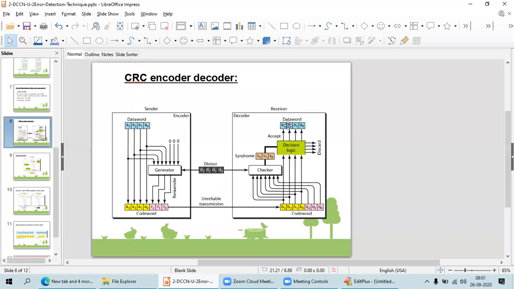In this case, in the CRC, I am considering all zeros. The syndrome or the remainder must come as zeros. The result must come as zeros.